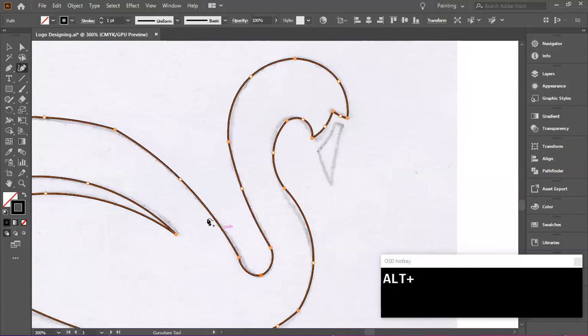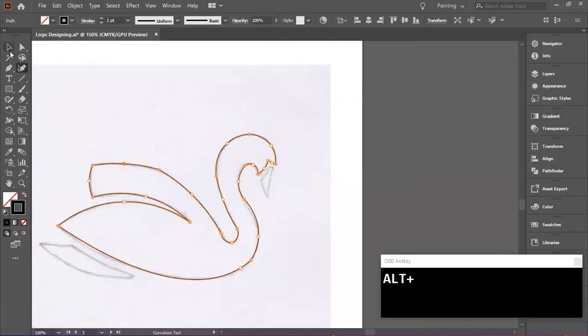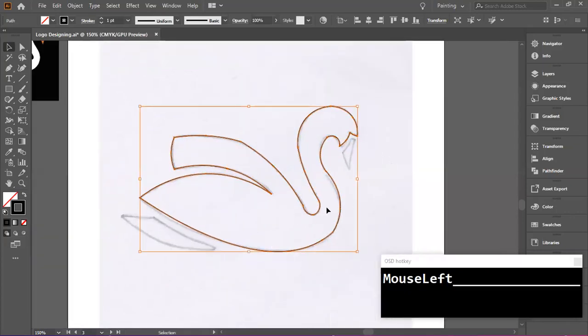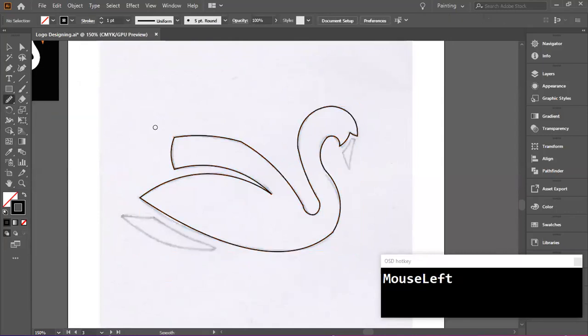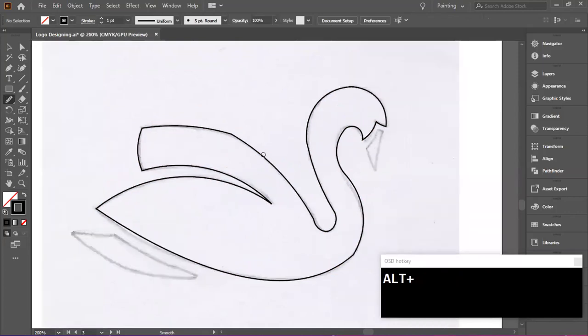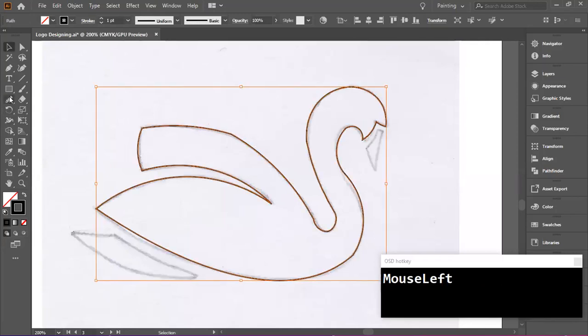Okay guys, so this was all about the curvature tool, but now you can see that these curves right here are not that smooth, right? So for that there's a special tool. You need to go to this Shaper tool, right-click the mouse, and then use the Smooth tool. What the Smooth tool does is, wherever you use it, it makes the anchor points smoother. So I'll zoom in a bit, and guys, before that you need to select the object and then go to the Smooth tool,